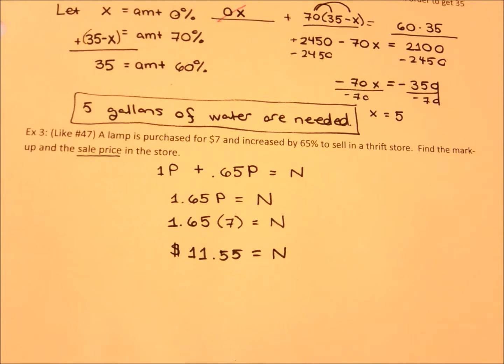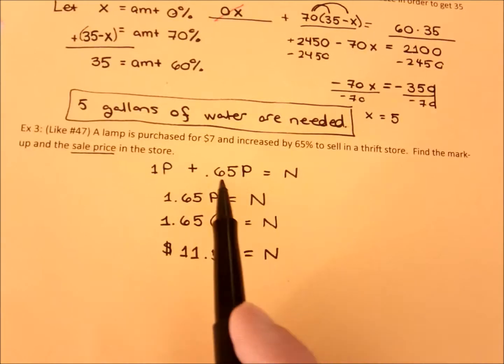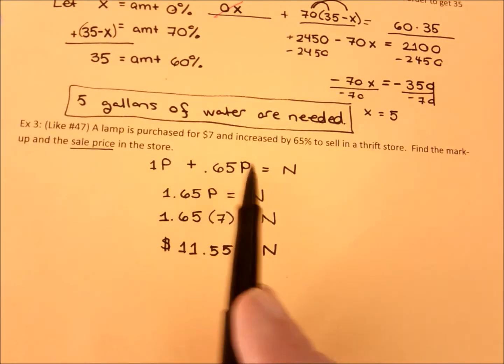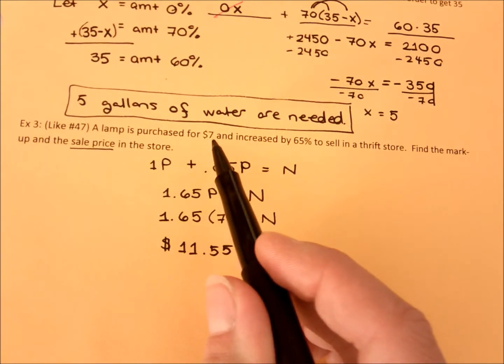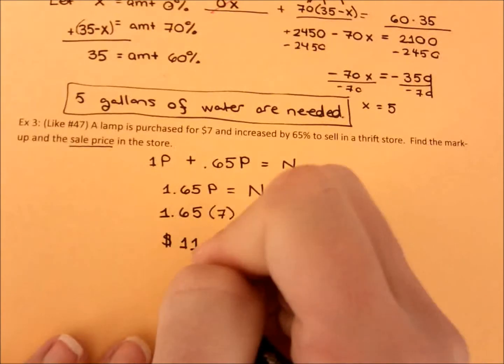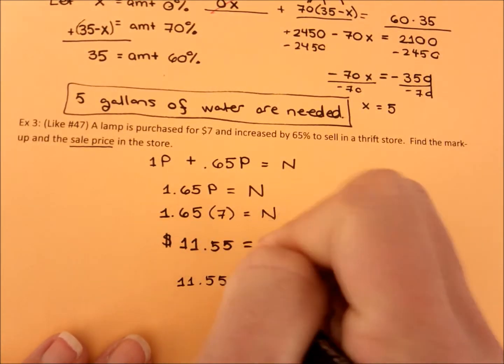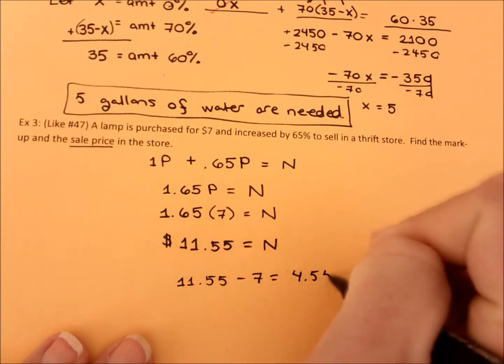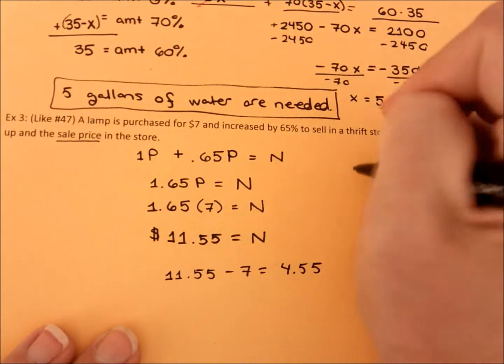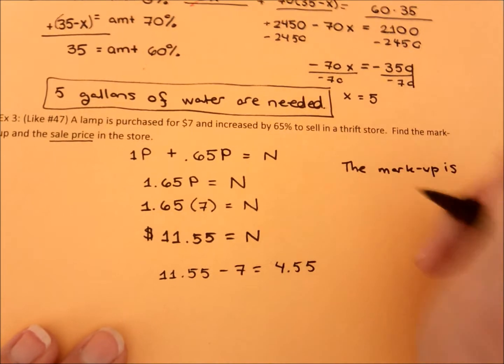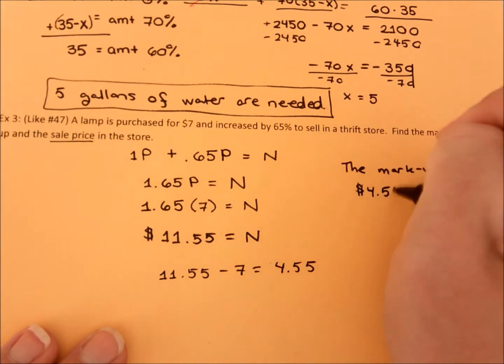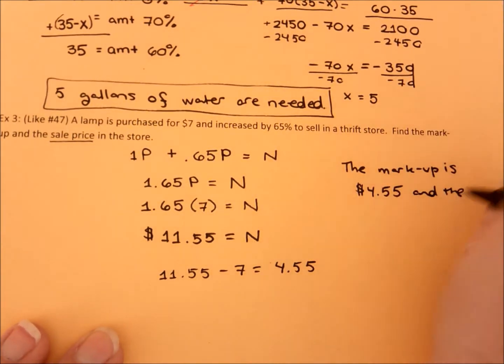That's $11.55. Does that answer the markup? No. So could you actually do it in 2 and do 6.65 times that first? Absolutely. But right now, let's just do 11.55 minus 7, which is 4.55. Very good. So just to answer it, the markup is $4.55 and the new price